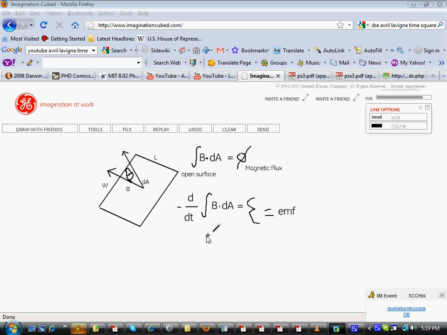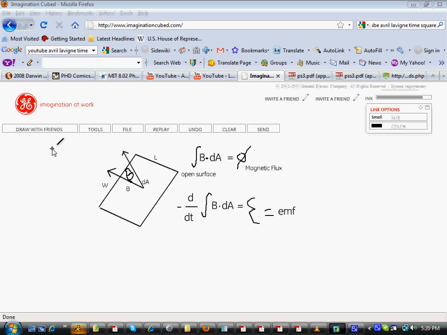Pretty much how Faraday's law of induction works is if you take the time derivative of this magnetic flux, you get an induced EMF in the circuit. And so, say somehow you change the magnetic flux. I'll go into more detail about how you might do that in another video. But if you change the magnetic flux through any loop like this, you're going to generate an EMF, and that's